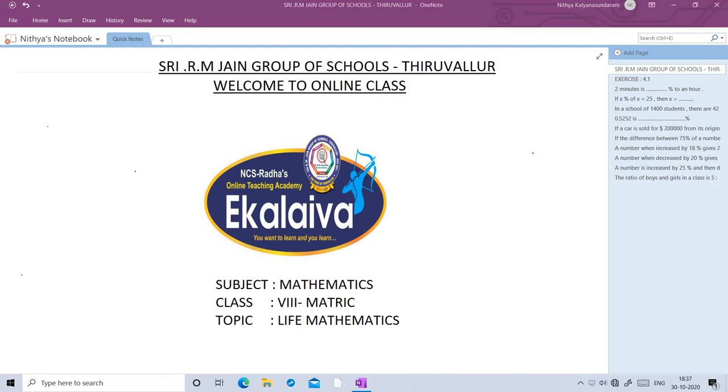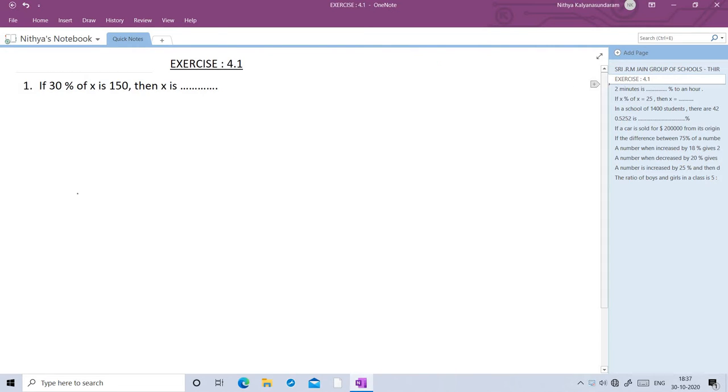Today we are going to see the topic Life Mathematics in this exercise 4.1. First question, if 30% of x is 150, then x is dash. Here we want to find x value. Given is 30% of x is 150. So solution,